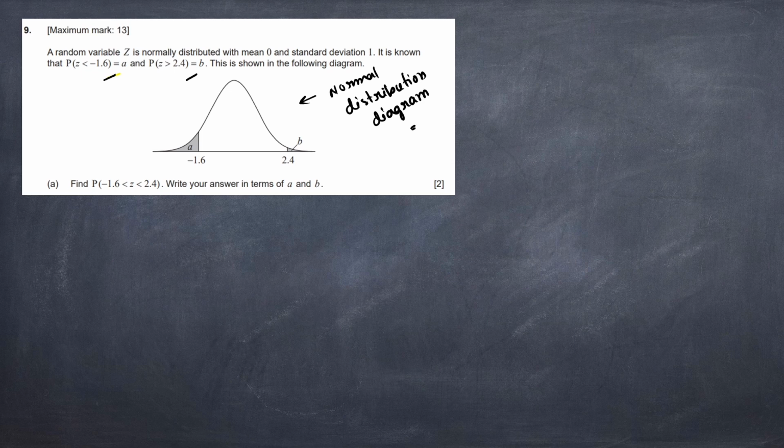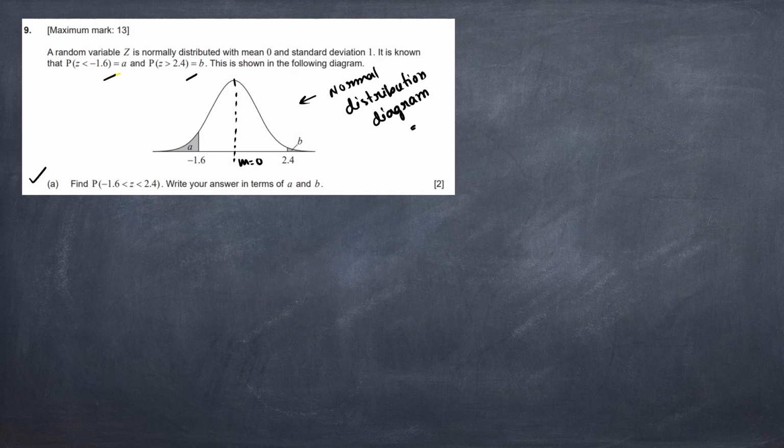The first problem is very easy. We just need to insert the values and it will automatically give the answer. First we will find the position in the distribution graph. From the highest position we can take the normal, and that is equal to our mean. So here mean is equal to 0. Now find P(minus 1.6 less than z less than 2.4).